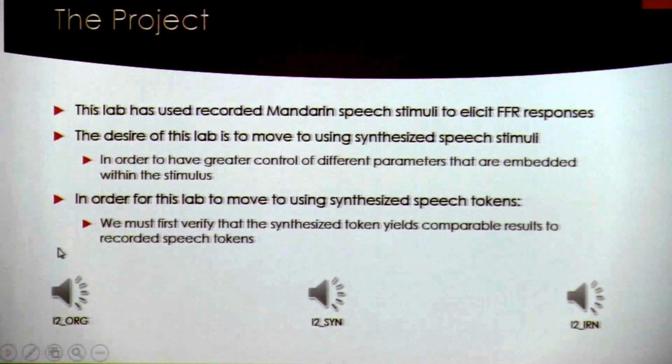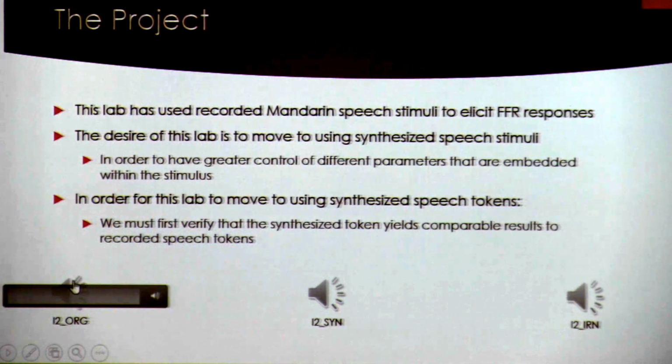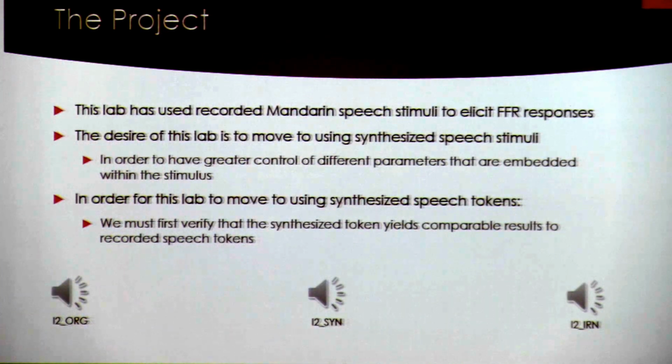So, I will say that my E2 token is only 150 milliseconds long, so it's a little shorter than what she played for you, so you hear that slight change. So this is the recorded speech token. E2 means ANT. It's a human speech,